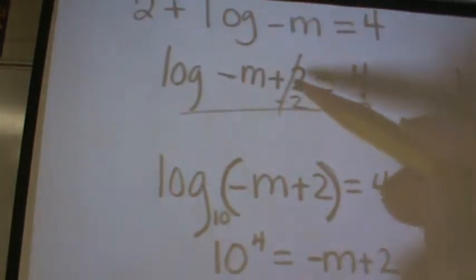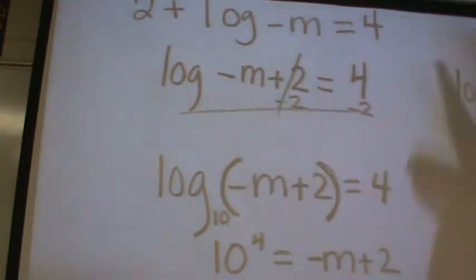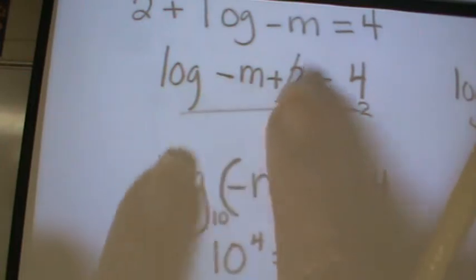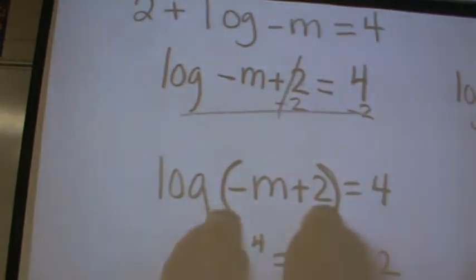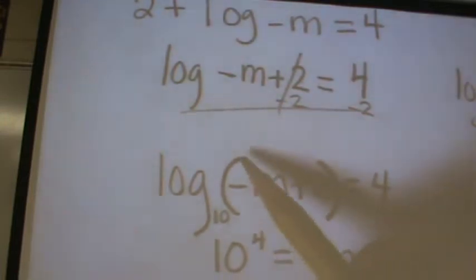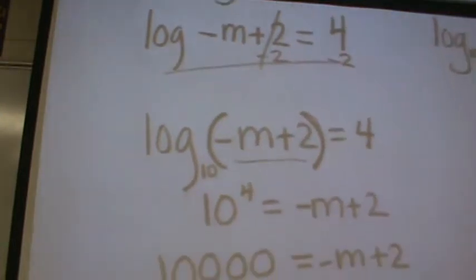So do you see the difference between these two problems? This one has parentheses around this negative m plus 2. This doesn't. This one you can subtract 2. This one you can't. So those grouping symbols are important. They don't just place them wherever for no reason. If you see a parenthesis, you cannot separate these two until the very end